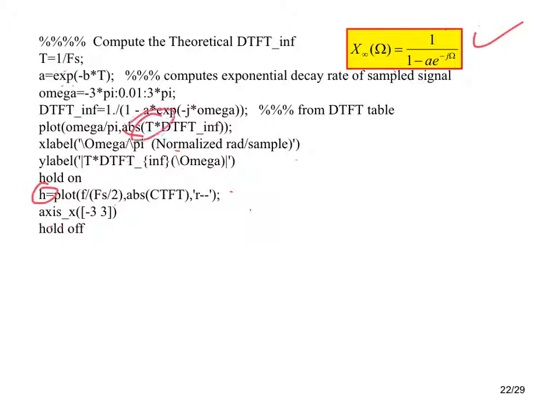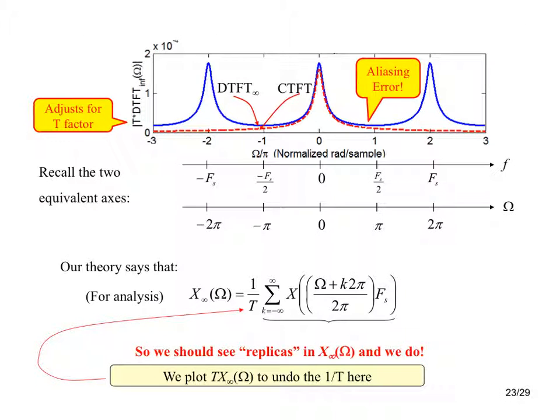And I'll explain why we multiply by capital T. So here's the result of that. And you can see the different axes laid on top of each other. So the minus pi to pi corresponds to the minus fs over 2 to fs over 2. And I've set these things up so that I mapped the CTFT onto the normalized radian per sample axis. So my minus pi is divided by pi, my pi is divided by pi, so that's the minus 1 to